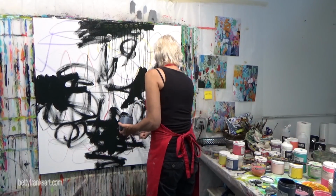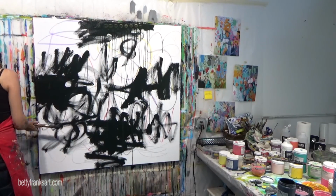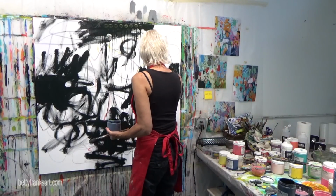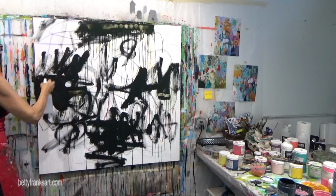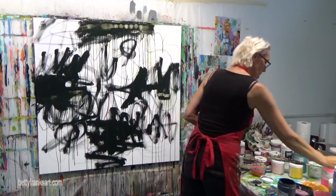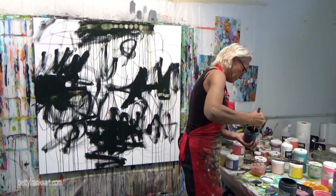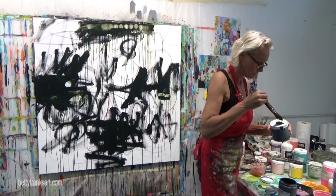That was a spray bottle with just some water in it. I like to get those drips going. I have a love for drips. It's one of those things that you can't really control, and I try to include some of that in my artwork, those things that don't look like they're controlled, or I just simply don't have any control over them. All right, so I think we're done with that,